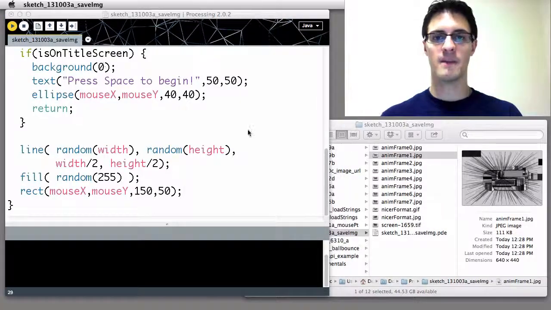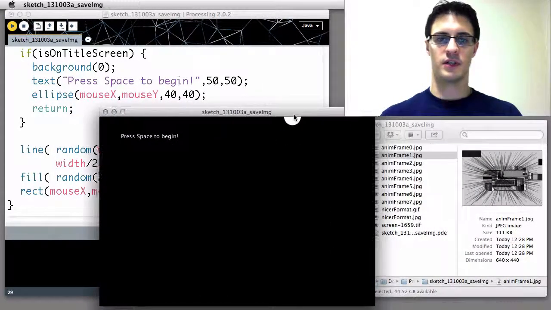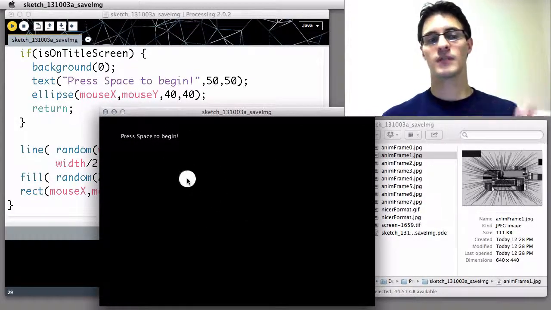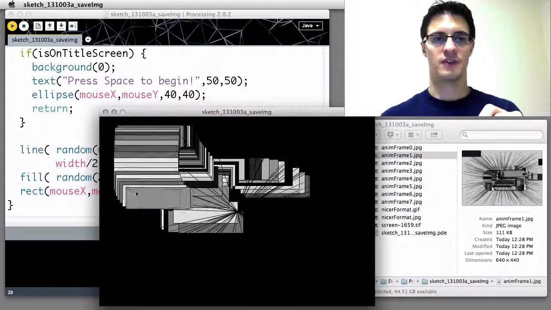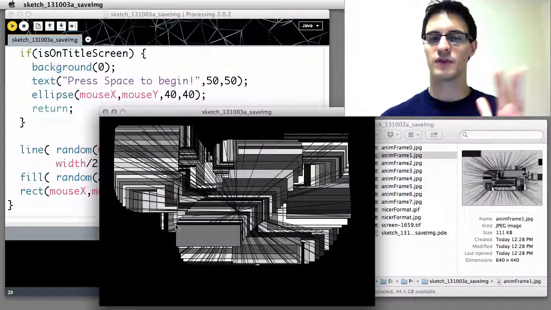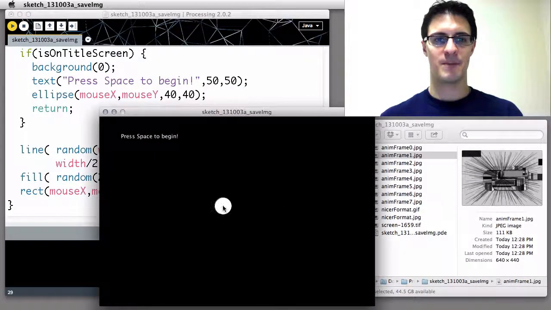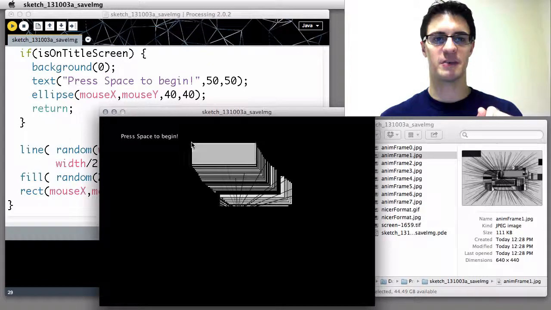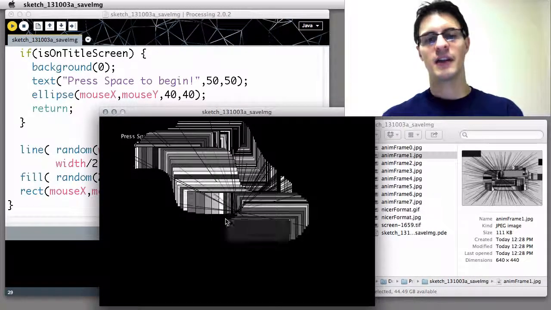So I'm going to press play. You see it? So there's our title screen mode, and sure enough, there's our text like we have there. It's clear, but you can tell we're using this background 0 call because it's not smearing the circle like we do in the program. But once I press space, then it starts to draw what we saw before. Notice too, for example, that it didn't white out our screen. It kept the title screen information there when I pressed space because we never told it to erase that. Press space to begin is still residual on the buffer like our drawn things,